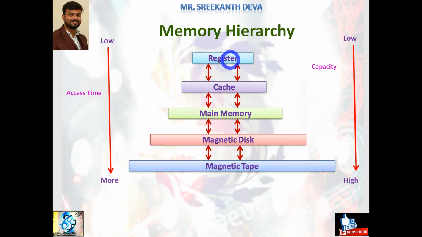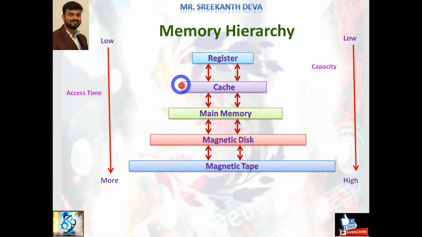The main memory occupies a central position by being able to communicate directly with the CPU and with the auxiliary or secondary memory devices through an IO processor, the input output processor. CPU logic is usually faster than the main memory access time, so the processing speed is limited according to the speed of main memory. A special very high speed memory called cache is used